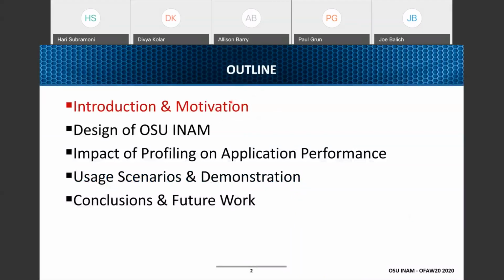So this is a brief outline of how the talk is going to proceed. First, I'll introduce the problem, then talk about the design, and see how the profiling affects application performance. Then we'll go into the demo where I'll log on to a couple of remote clusters. One will be the Ohio State Supercomputing Cluster, which is about 1,500 to 2,000 nodes in size, and show how the profiling tool works there. And we'll also try a different cluster, a smaller one, which is in-house. So hopefully it'll be useful to you, and we'll have some fun discussing it.